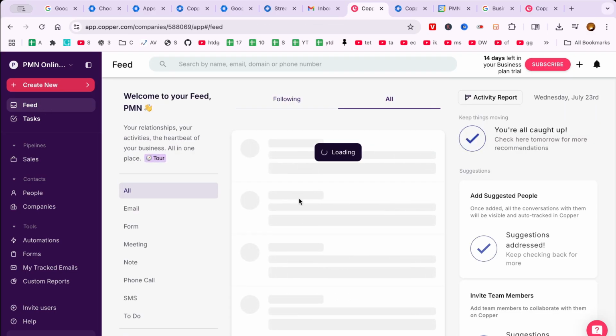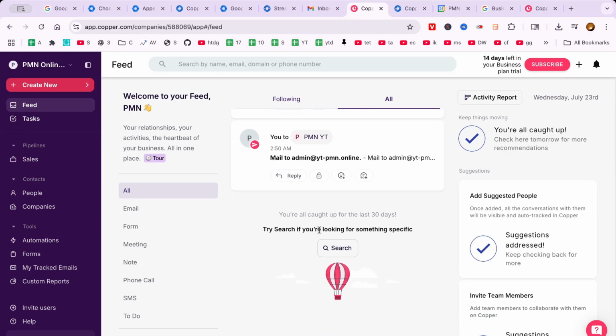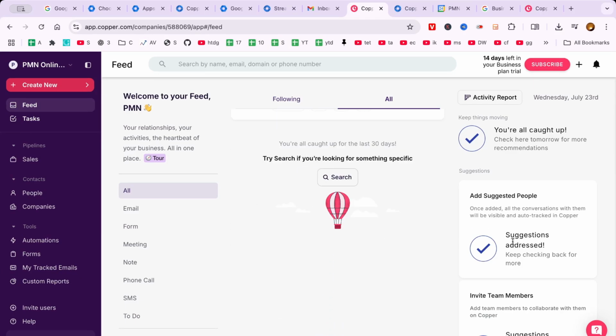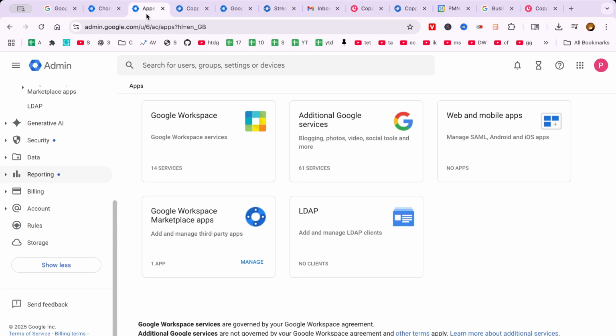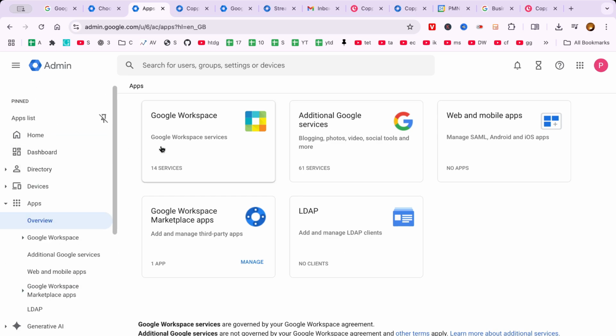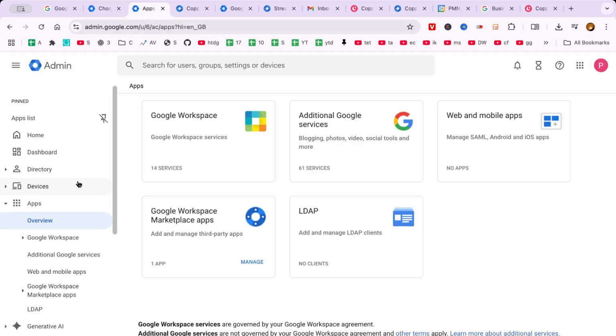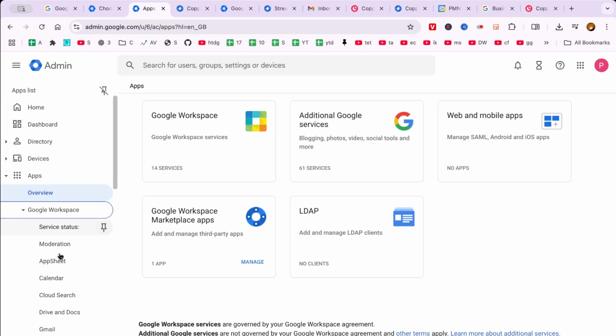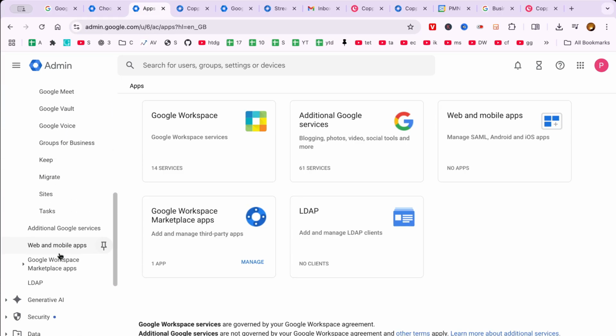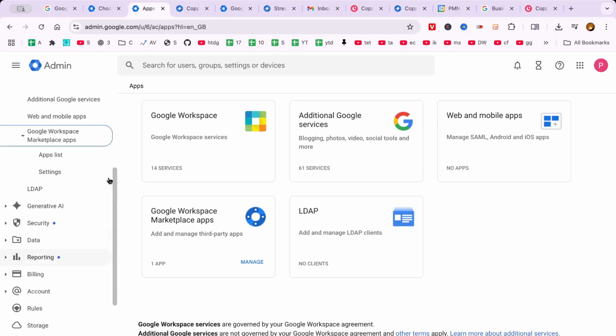Congratulations! You've just made a significant leap in utilizing Google Workspace as a CRM system. Remember, the key to effectively using any tool, including Google Workspace as a CRM, lies in regular maintenance and updates. Keep your contacts organized, ensure information is current, and leverage this powerful suite of tools to boost your customer relationship